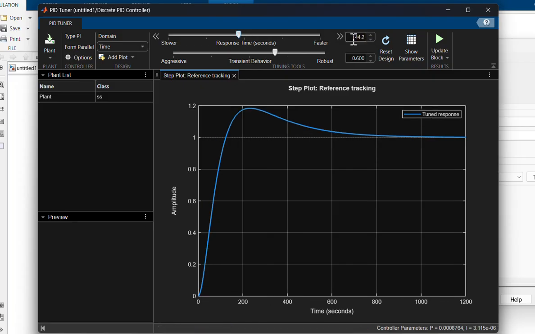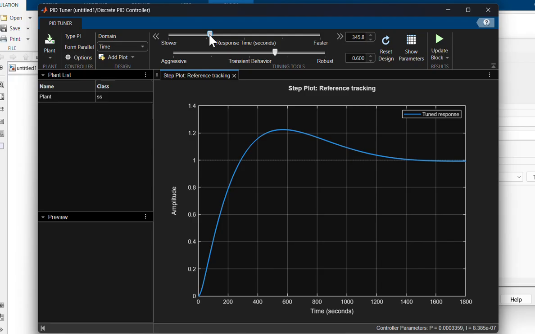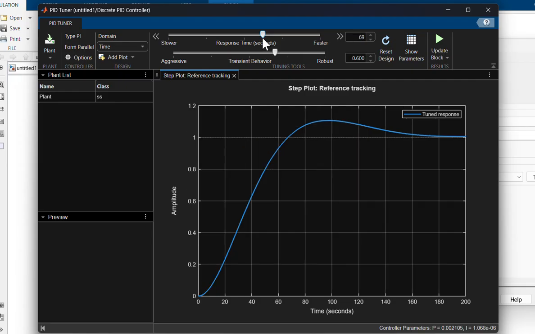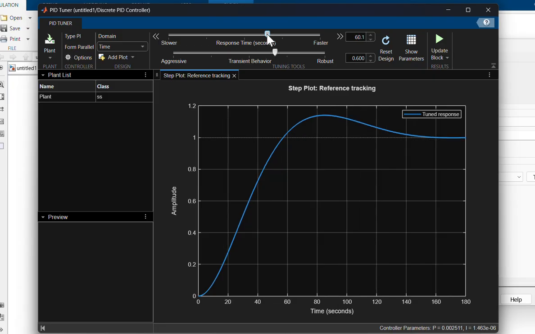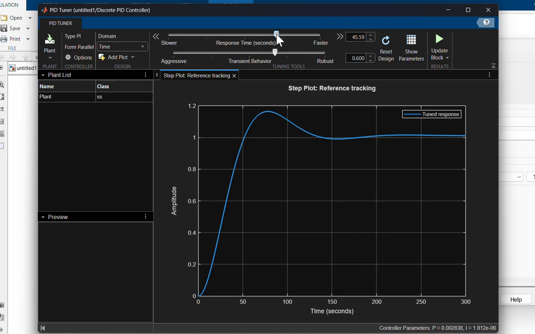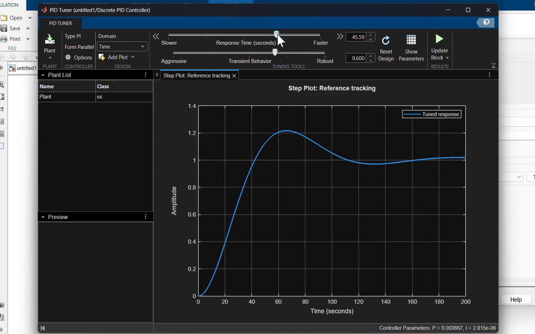What's it? Is it the proportional value? Is it so much? Response time. We want aggressive one. So then we should slide it right, and then transient behavior, robust.